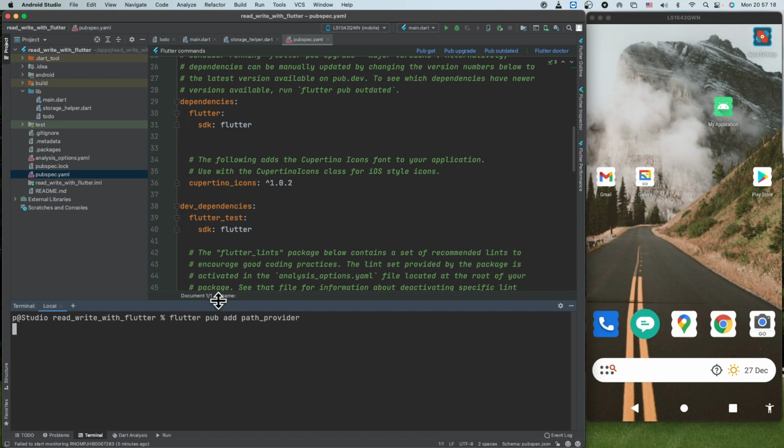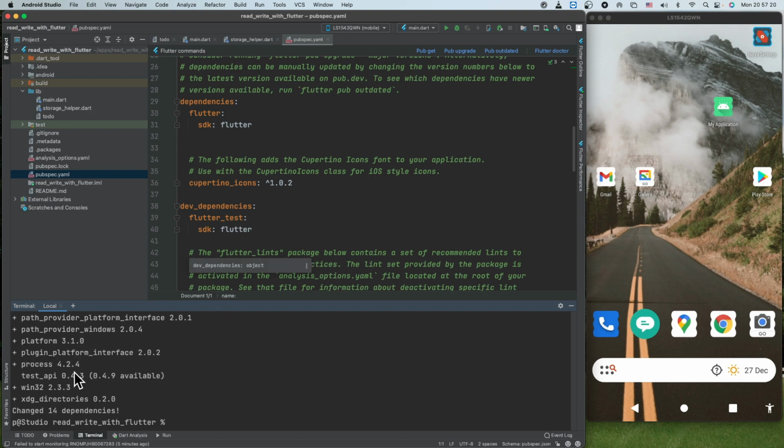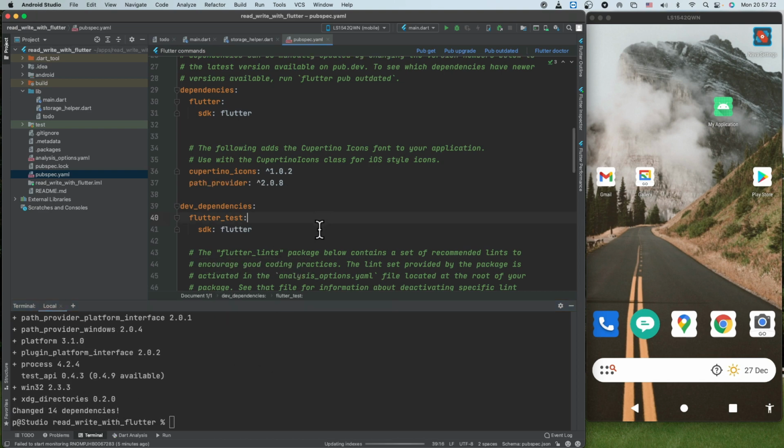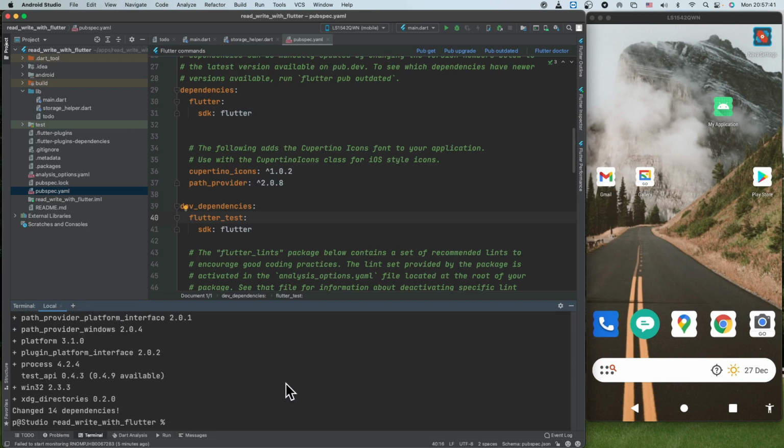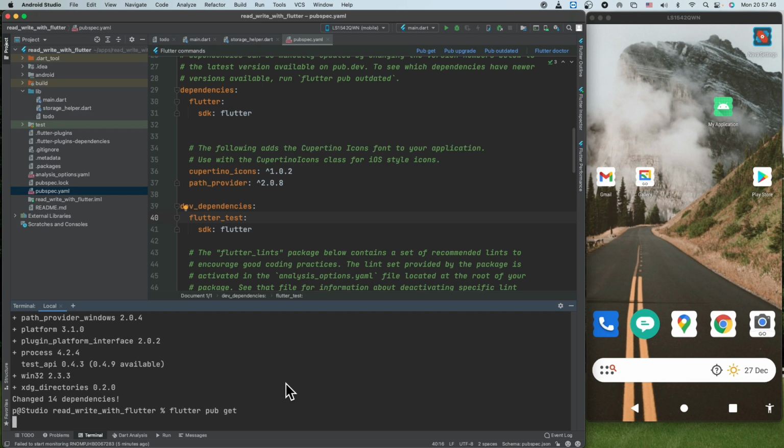This will modify this file, and we can see it has added these changes. Now we have to run pub get, which we can do by clicking here. Now this package is within our application and I hope it has come. Flutter pub get.